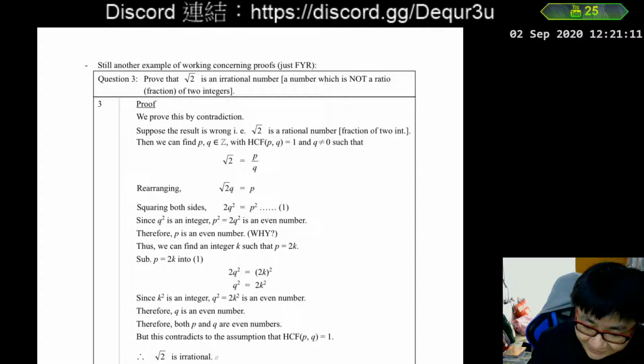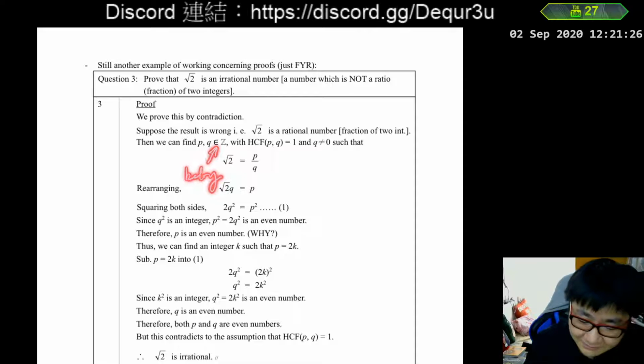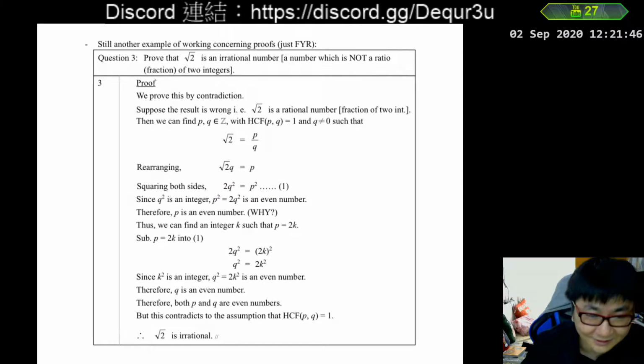By the way, you can also see here we use some symbolic representation to save space. We always use these symbols to save space. That is p, q. This symbol is the belong symbol. I will also talk about it later. So they belong to the integer set. That means we can find integers so that square root 2 is represented by this. And then we do some rearrangement, some manipulation, and we have a result. I try not to explain too much here because I don't have enough time.